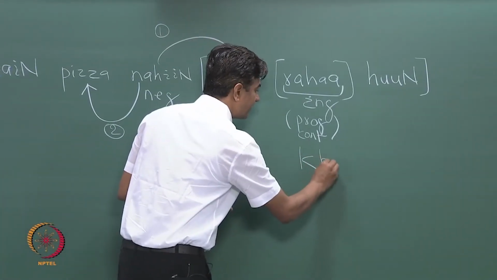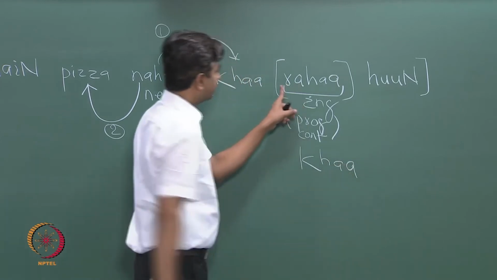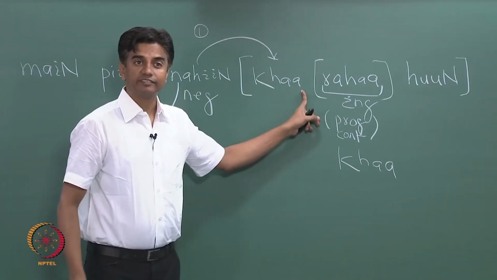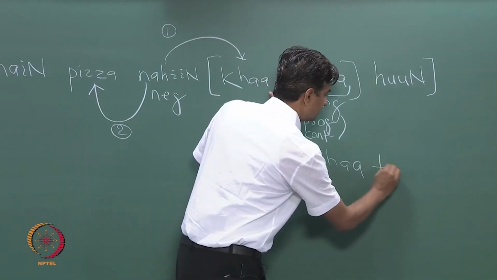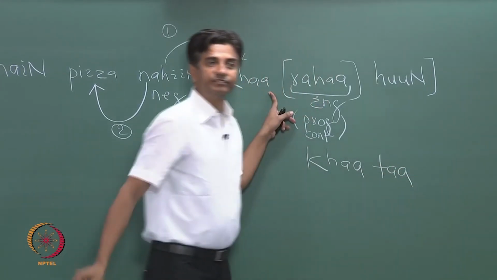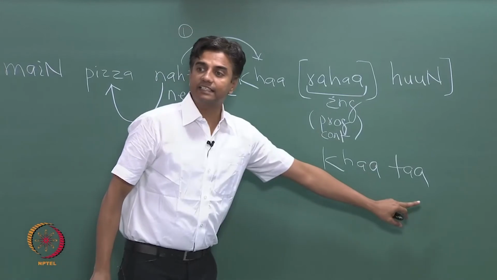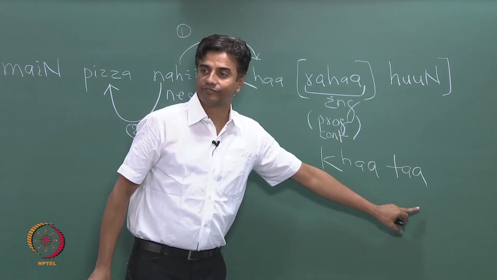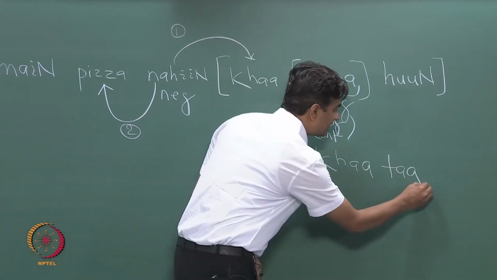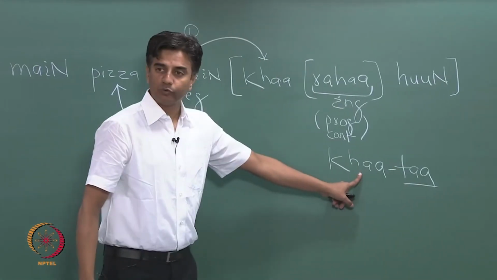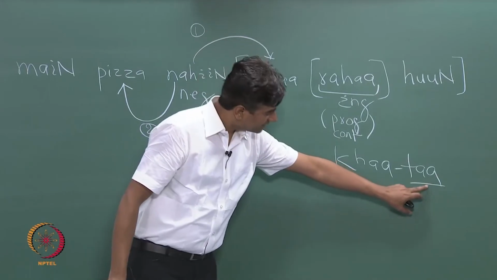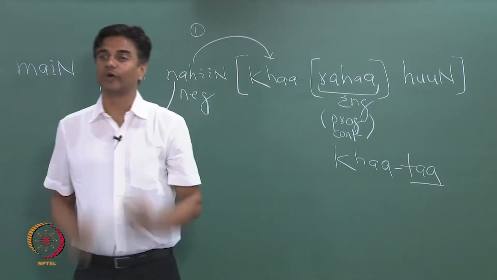In that case, we have to say kha, this part, right, and ta. This is an aspect marker. And when we say this is an aspect marker, this is the verb root, and an aspect marker. This does not come as an independent word,